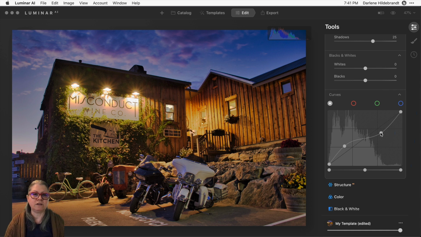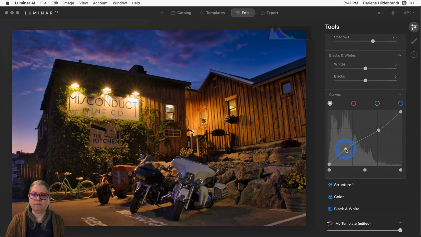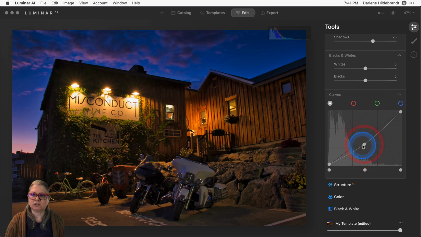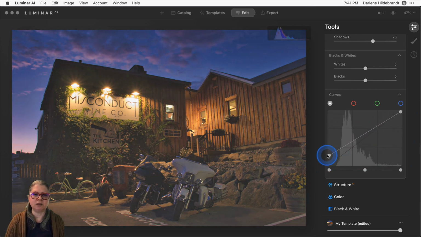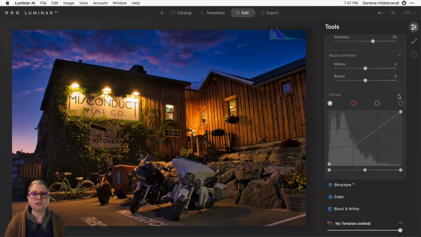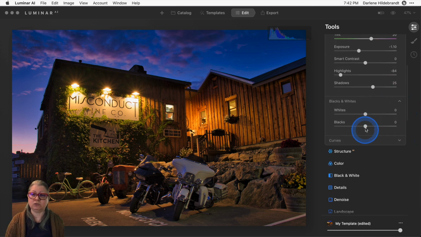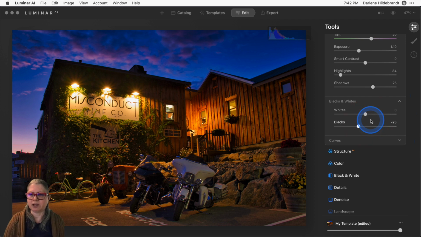The curve gives you a lot of control over how you can adjust the tones in your image, from the highlights, which are up here, to the shadows, which are here. Or if I get rid of these, midtones are in the middle, which is like exposure, right? You can also do things like bringing up the side, which affects the blacks. I'll do another video in the future on curves because it's a complex subject. But just know for now that curves is something that you can use for tone control as well. I'll put my black slider back.